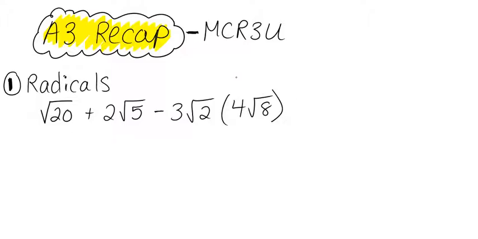Okay, so if we want to simplify this expression, there are multiple ways to go about it. Maybe the first step you want to take is looking and seeing if you can simplify any of the radicals into products of something like perfect squares. So numbers that jump out at us are numbers like 4, 9, 16, 25, 36. So all those numbers are like 2 times 2 is 4, 3 times 3 is 9, 4 times 4 is 16. So they're all numbers that when you take the square root of them, they're going to be a